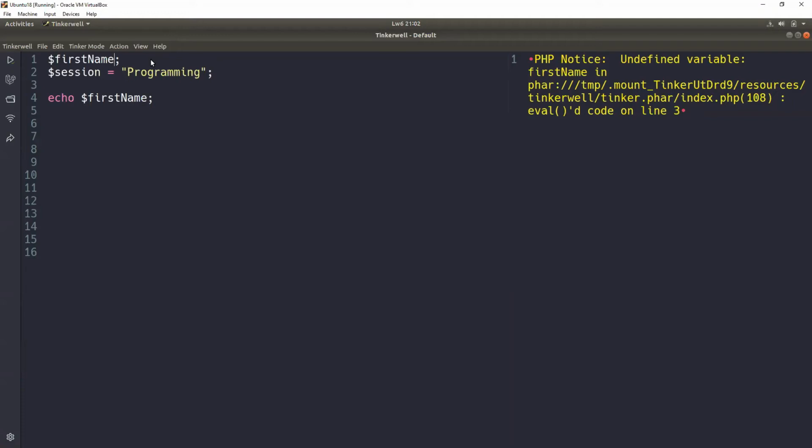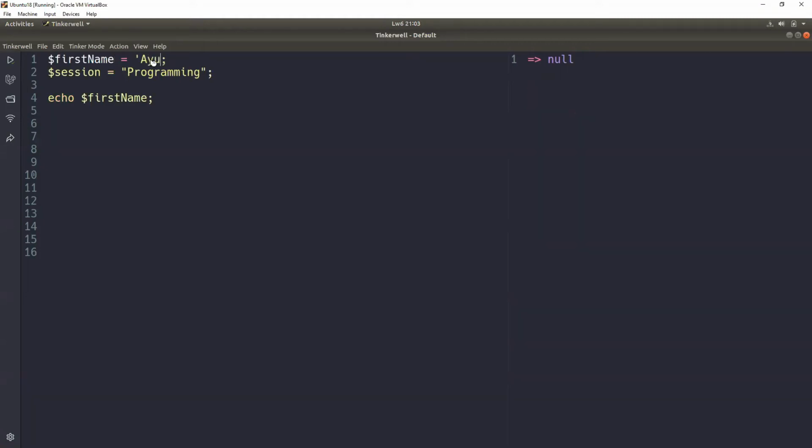So whenever you end a line or statement, please endeavor to put that semicolon, or else you will get errors throughout. Which error do we have now? Undefined variable first name on line 3. Okay, so we put Ayub here. Okay, and we are sorted.